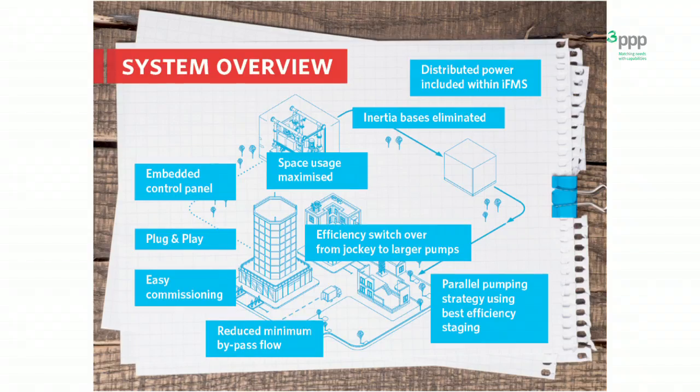The benefits that delivered, not only to us and to Vital, were, I guess, the nice simple ones. We limited the inertia bases for the system, so low vibration pumps. We're removing concrete out of a building straight away, and the environmental impact of that is useful going forward. Reduced the amount of steel because we squeezed the footprint in as well. What we also did was employ our